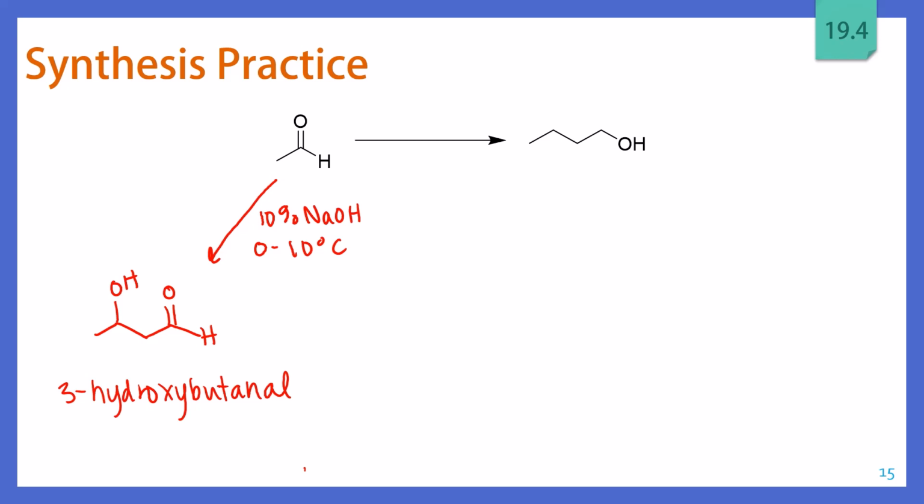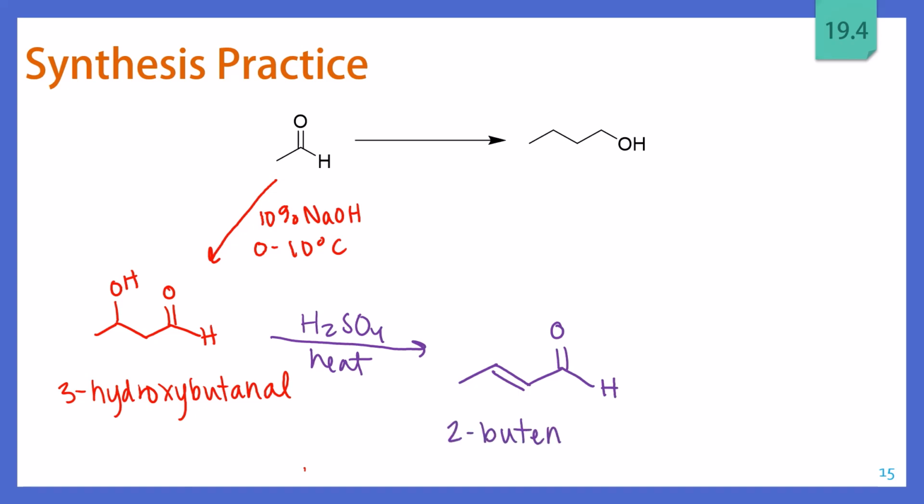So from here, we need to get rid of the hydroxy group because there is no oxygen on the 3rd carbon of our product. And to do that, our step 2 would be to have an aldol condensation reaction occur. We're going to have to heat this, and a great way to do this would be to add in a strong acid, and that would give us our alpha beta unsaturated aldehyde, 2-butanol,